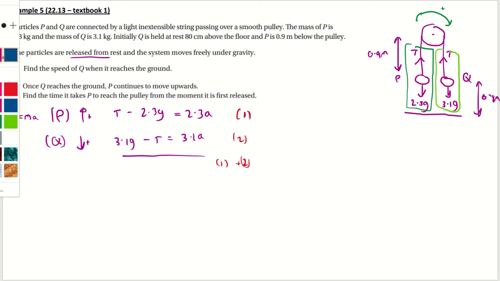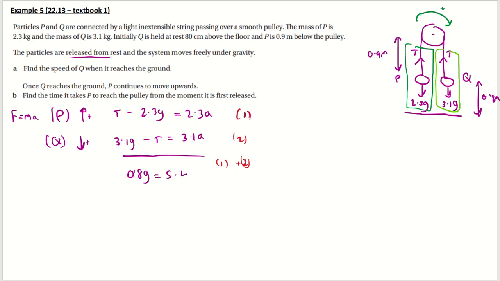You've got to realise that that's got a negative, so it's not going to be 5.4 G. And if you get A as 9.8, you might notice that you've done something wrong, i.e. you should get that effectively will end up being taken away because it's negative. So it's going to be 0.8 G equals 5.4 A. So 5.4 G equals 5.4 A, something's gone wrong. And then if you rearrange, A will equal, I've done that in my calculator, I've got 1.452. I'm going to leave it as 1.452 because it doesn't ask me to calculate this,